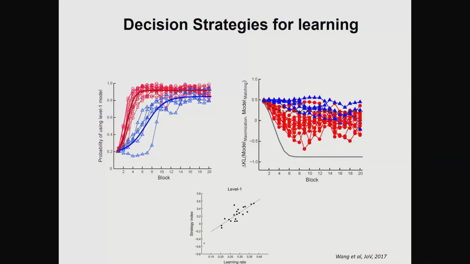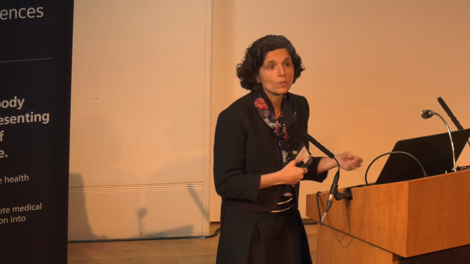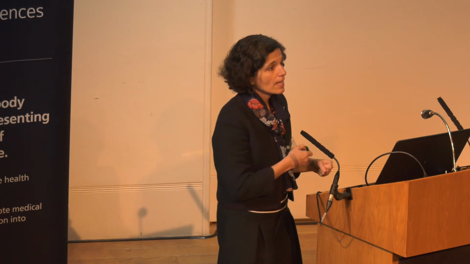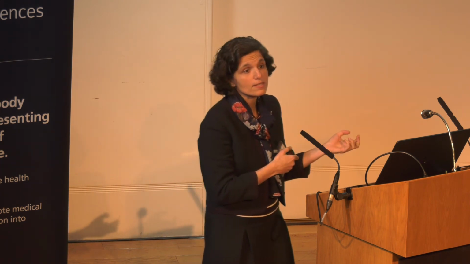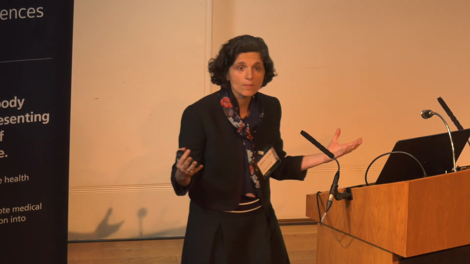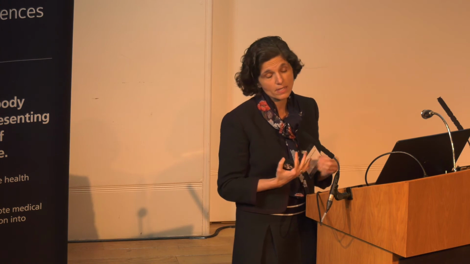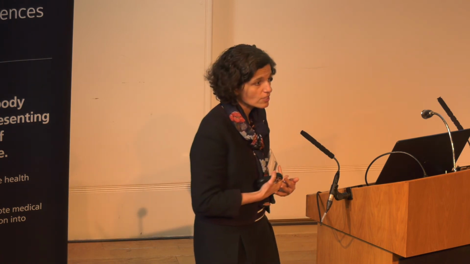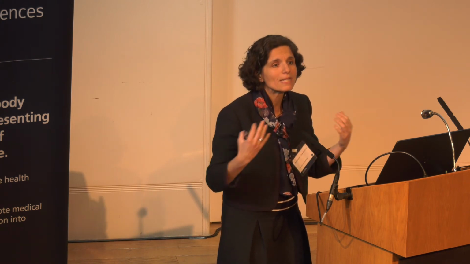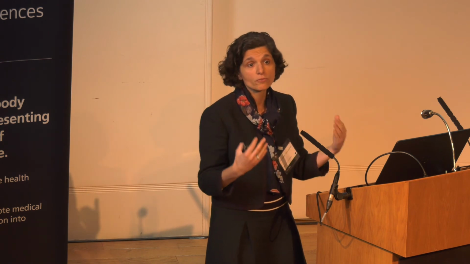However, the people that realize that this is a quite difficult problem start deviating from this matching strategy towards a maximizing strategy that allows them to respond based on what's more frequent or more rewarded. And what you see is that they learn faster. There's a strong correlation between the strategy the participants adopt and their capacity to learn. So we looked into their brains, because at the same time that they were doing these tasks, we had functional brain imaging data and connectivity data, both structural and functional. When we looked at the brains of these individuals, we realized that they actually use completely different circuits based on the strategy they adopt for solving these problems.